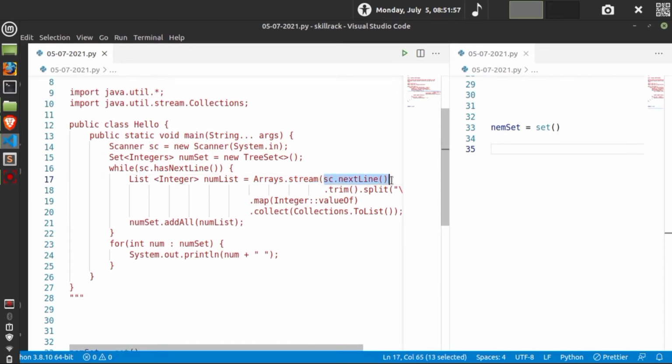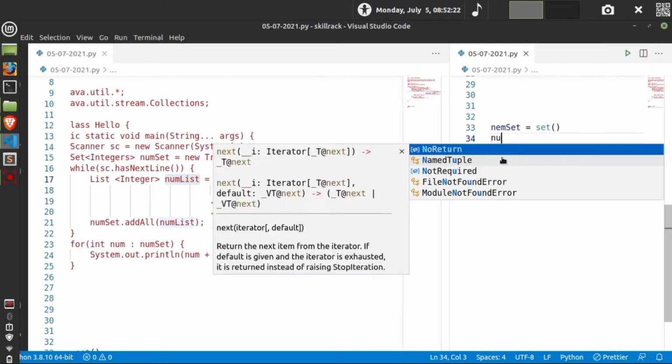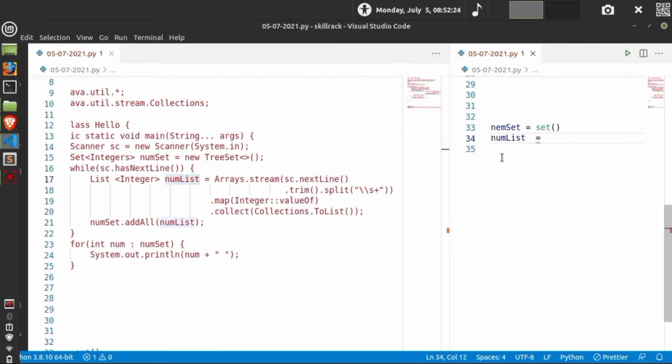First step, they are scanning a particular line, then they are trimming it, then they are going to split on the space, then they are going to map with integer, which is the convert. They are going to convert string values to map them into integers. Then they're going to convert to list. So let us do the same thing, which is a num list equal to,